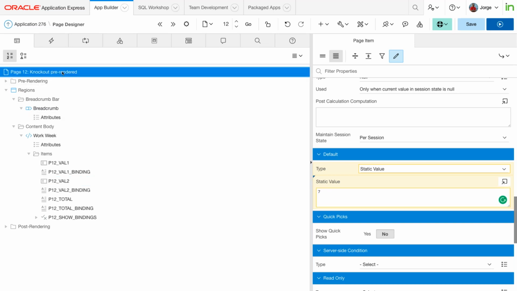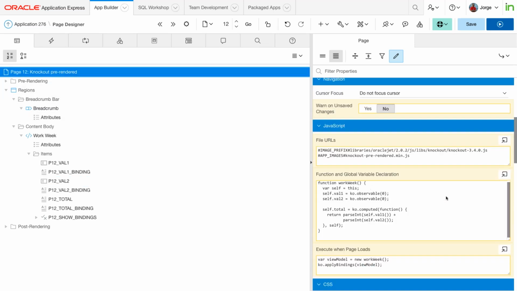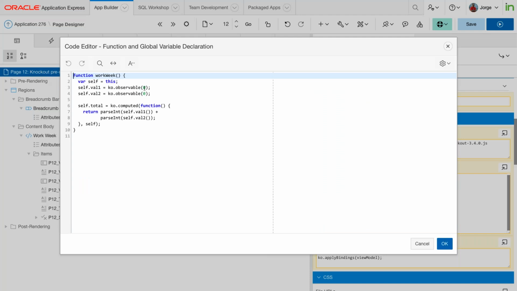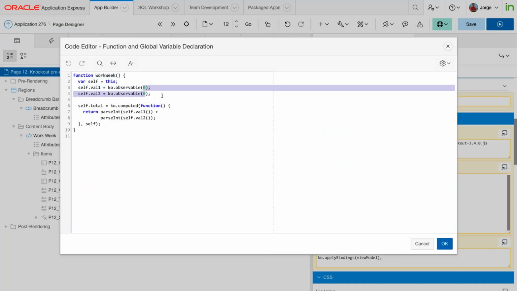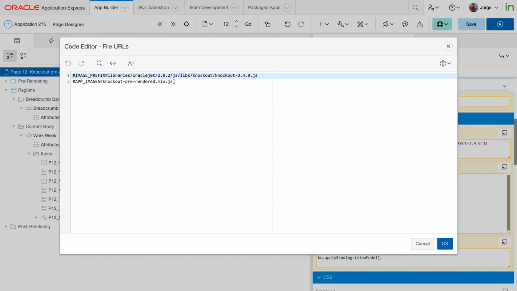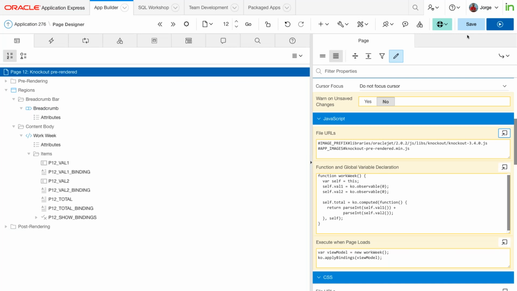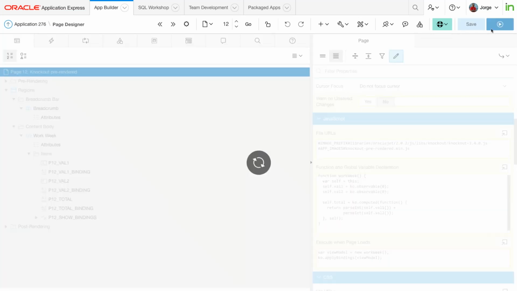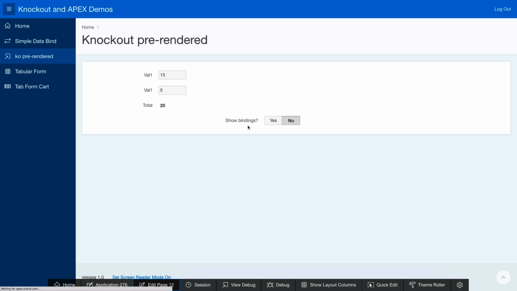And let me show you our view model. I'm still starting them in 0, but thanks to the plugin, which I'm using right here, I'm just adding that library. So now we're going to get 15 and 7, right? There you go, it initialized to 7. And we can still make the changes. It's still fully functional. So this is exactly what we want for Apex, because Apex is going to fetch